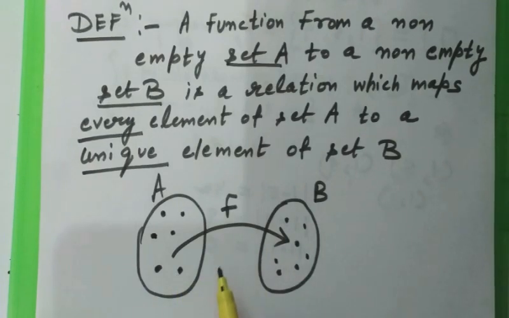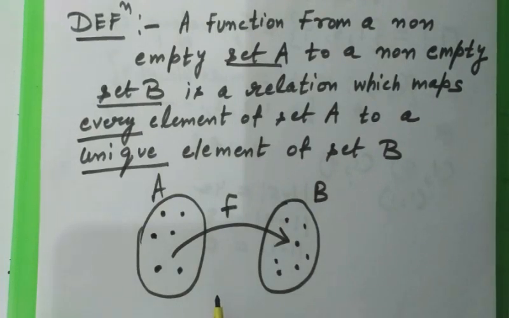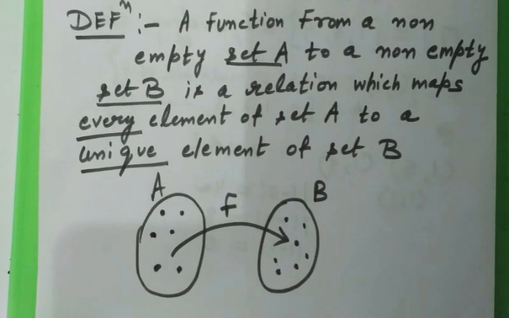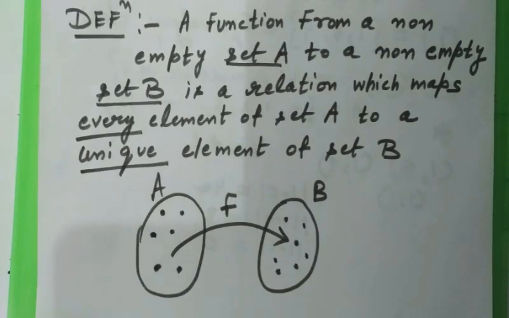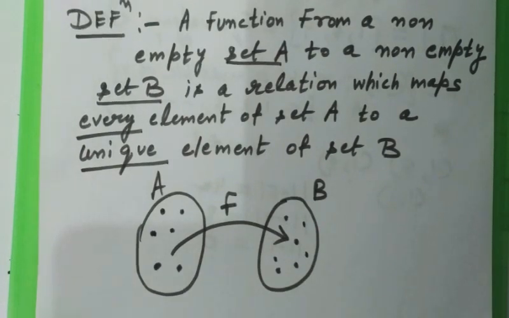And I have discussed in detail with examples the concept of function, when a relation is called a function, and how the concept of function developed from the concept of a Cartesian product and relation. This has all been discussed in detail in class 11th, relations and functions, and you will get the link in the description box. So now I start with the class 12th actual syllabus, that is the types of functions.